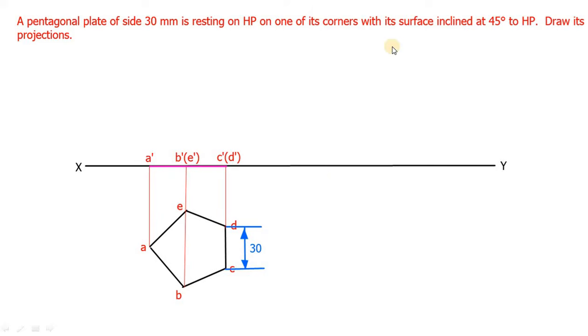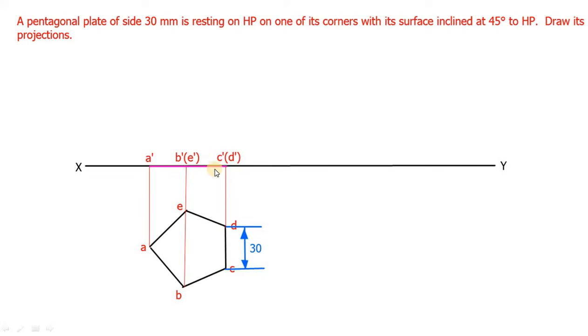Okay, so the next step, we have to incline the surface of this particular pentagon, that is the surface A, B, C, D, E. So totally two surfaces on either side. So we are going to tilt the surface of this pentagon 45 degree to HP. So let us draw the line inclined 45 degree to HP, which means the inclination to HP will get visible on the front view. Just project this line. So just tilt this line 45 degree inclined to XY.